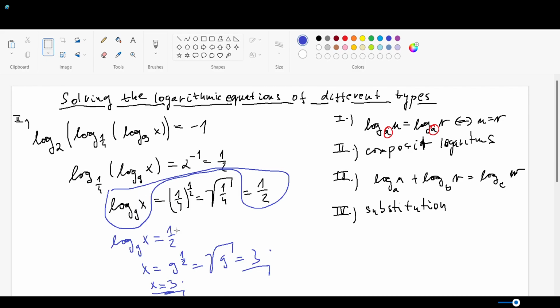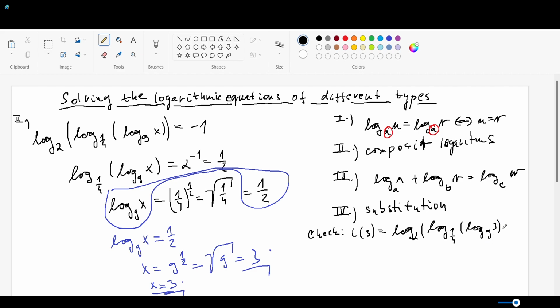The next thing you should do is find the domain of this composite logarithm, which is not going to be very simple. So instead of finding the domain of this composite function, you had better do the check, which means you look for the value of the left side for x being 3, and this is equal to log base 2 of log base 1/4 of log base 9